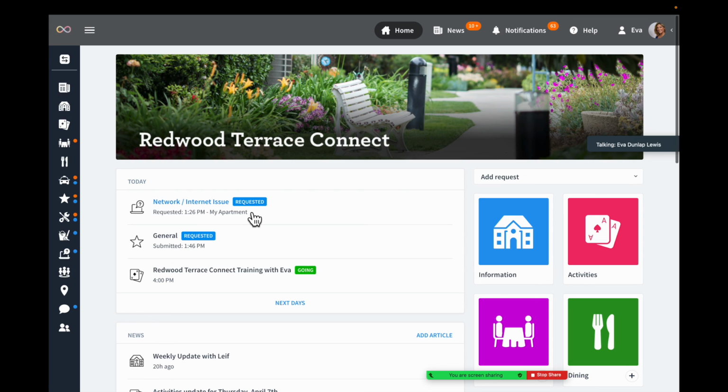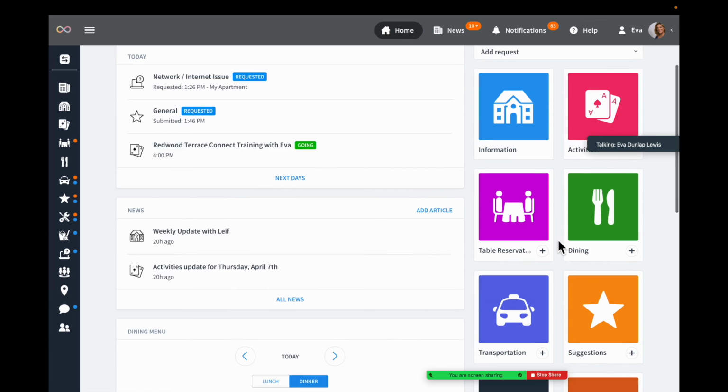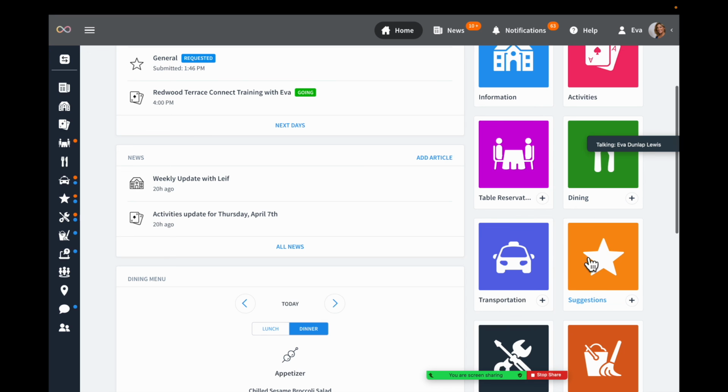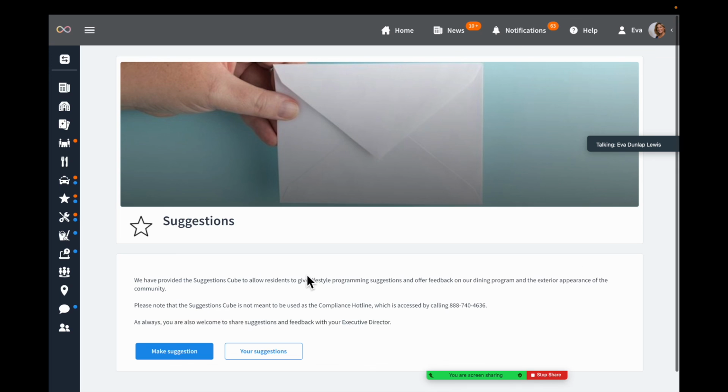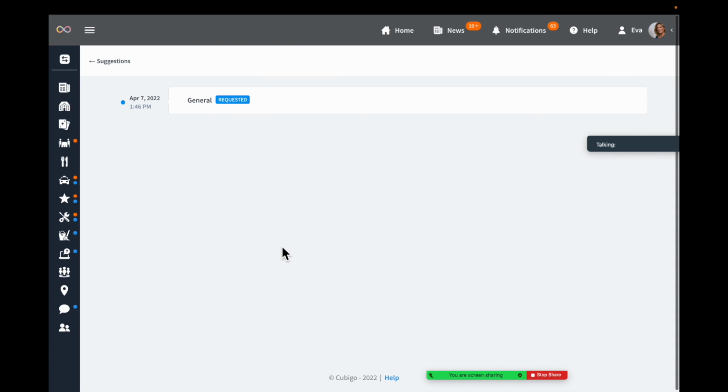Unfortunately, I won't be able to show you that in a detailed way today because the suggestion that I've made has not been seen yet. But if we wanted to check for that, we could go back into the suggestions cube, and instead of make suggestion, we would hit your suggestions